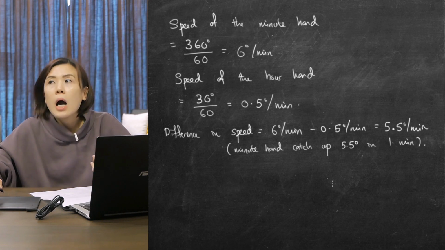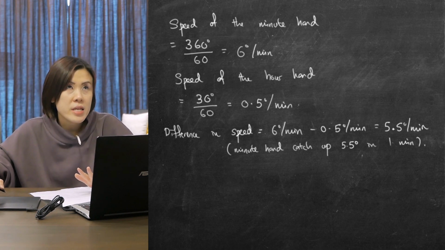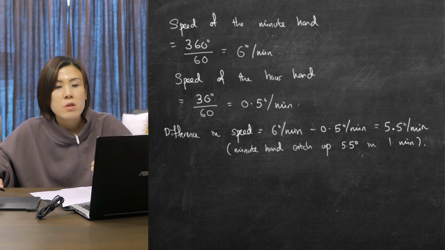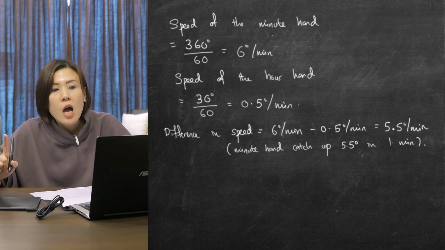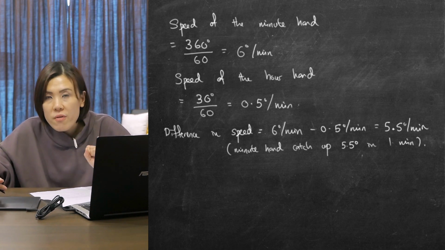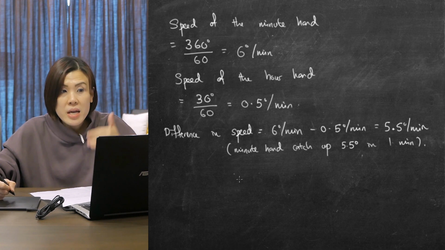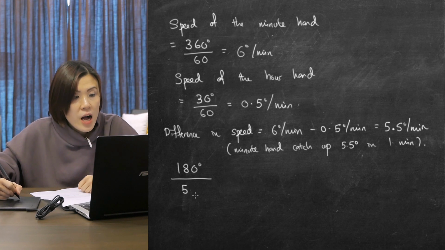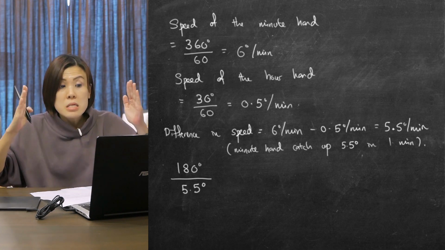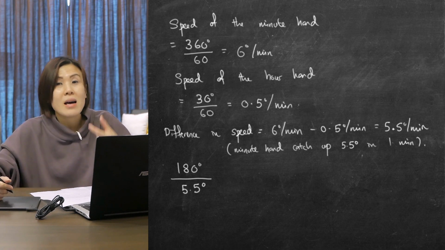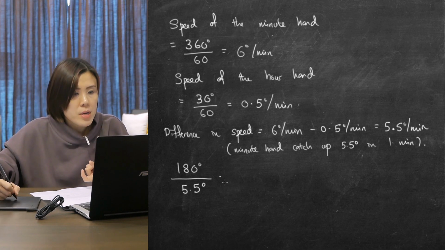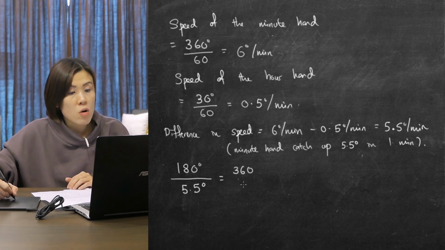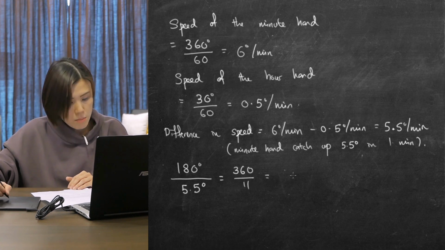As I explained earlier, the minute hand is left behind by 180 degrees, so it needs to catch up 180 degrees to catch up with the hour hand. Every minute it can catch up 5.5 degrees. So to find the time that the minute hand needs, we use 180 degrees divided by 5.5 degrees: the angle that it needs to catch up divided by the angle that it can catch up in 1 minute. From here, we can simplify this fraction as 360 over 11,